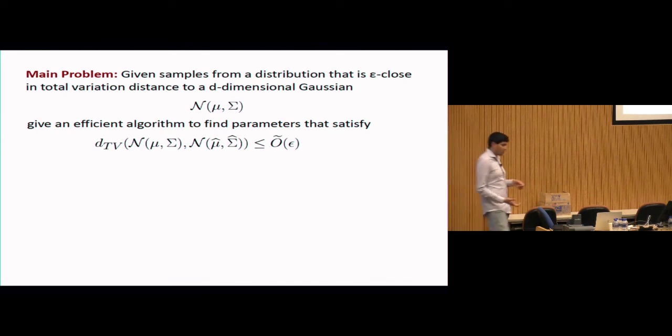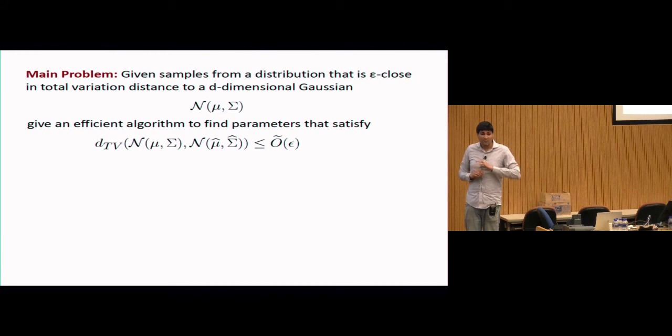But this is what I'd mentioned before, that you have to be very careful in how you formulate the problem. Because I was very careful to say that the way that we measure closeness between our estimate, the one with mu hat and sigma hat, and the true thing, is using the total variation distance. What makes that nice is if I instead think about using other norms, like if I look at the difference between sigma and sigma hat, and should I measure that matrix in spectral norm, in Frobenius norm, in nuclear norm, those are all different choices that usually differ by some polynomial in d factors. So choosing the right norm prevents you from cheating.